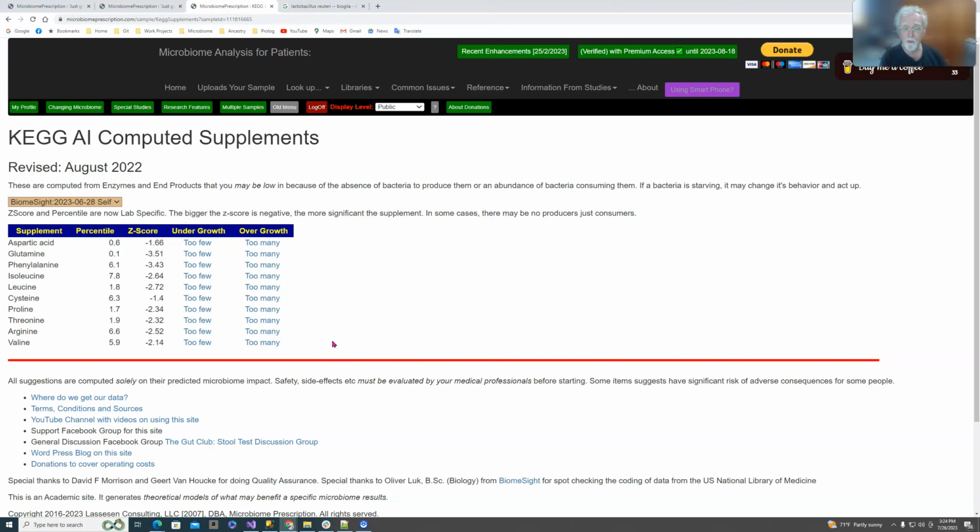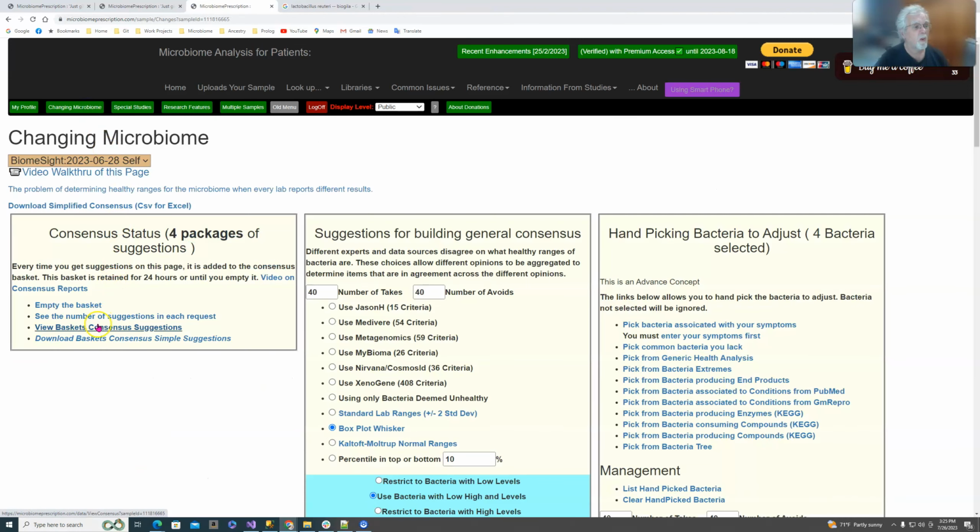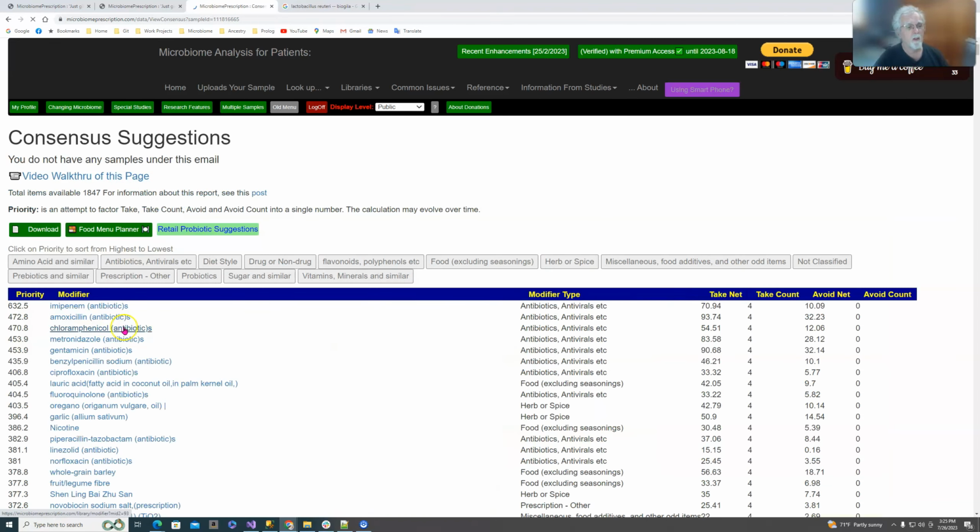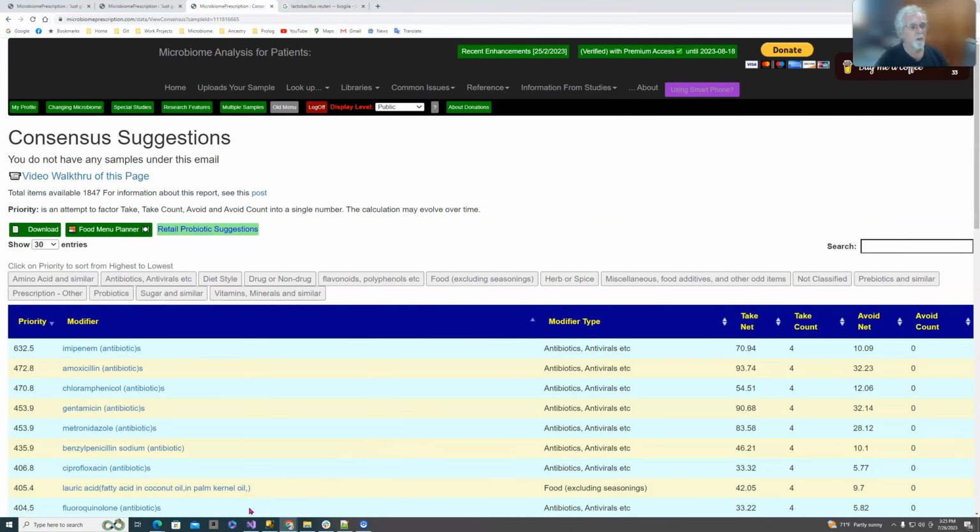And I point this out, and in the blog that comes with it, I double check, and every single item specified here with our quick suggestion comes in as a positive. So in other words, it looks like this list is a good list. And we go back, and now let's check out and do the basic suggestion. One of the first things I often do, because getting antibiotics is usually a challenge for most people,